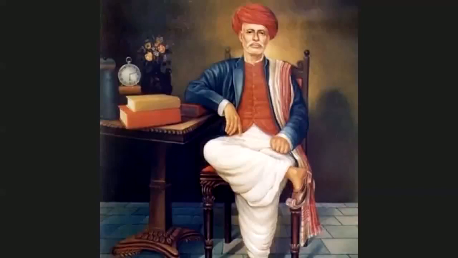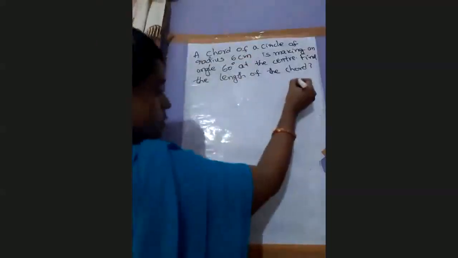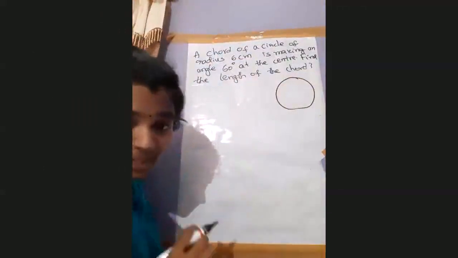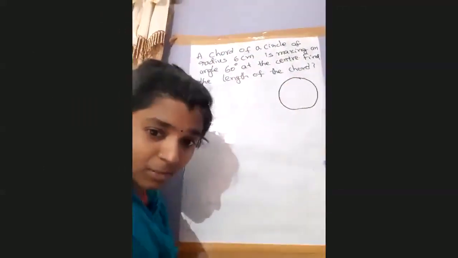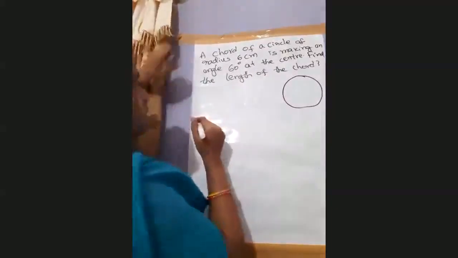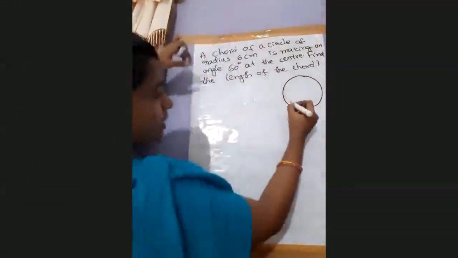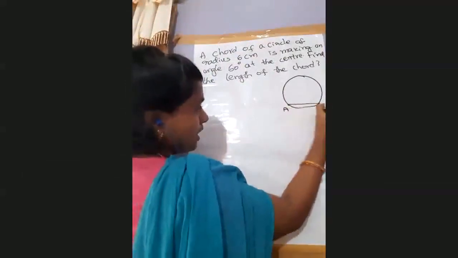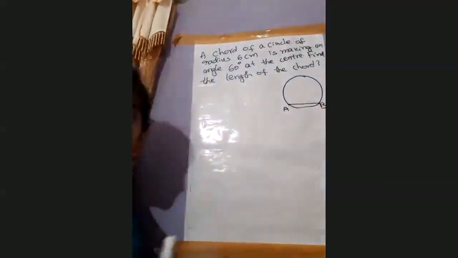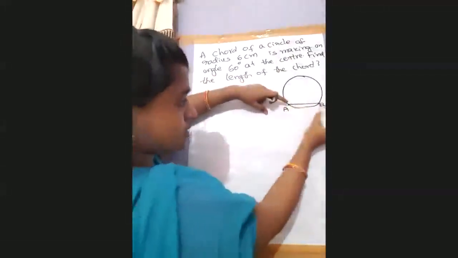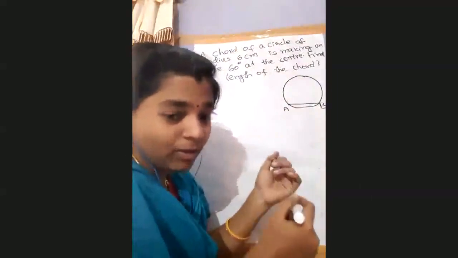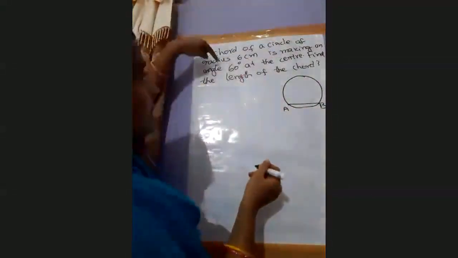Okay, Nana. So this is the given problem. Let us examine here. A chord of a circle. That means here we have to consider a circle, right? So I think all of it is visible on my board. So consider a circle and a chord. Chord means the joining of two points which are lying on the circle. If we take any two points on the circle and combine them, we get the chord. Already this is the basic concept.